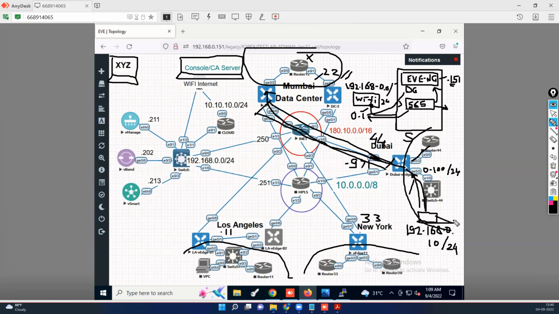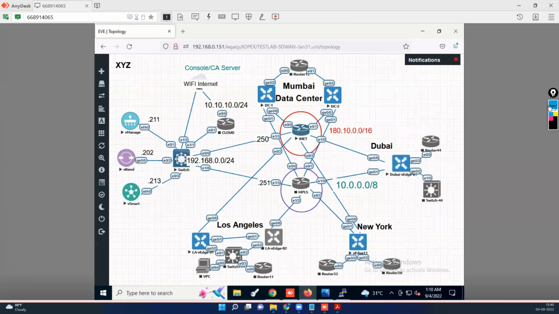And then ultimately, our first requirement is what? This intranet. We are talking about WAN. WAN is originally basically for what? You want your own users to access your own company resources. Then second, maybe I want some users to go to the internet, and that is where again